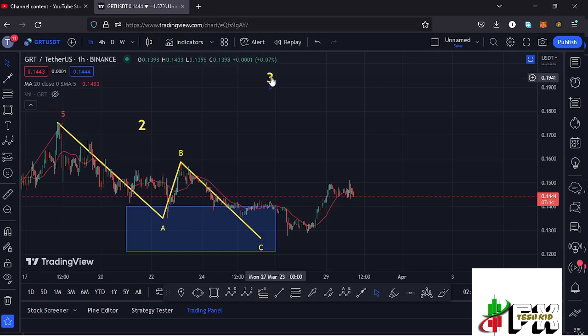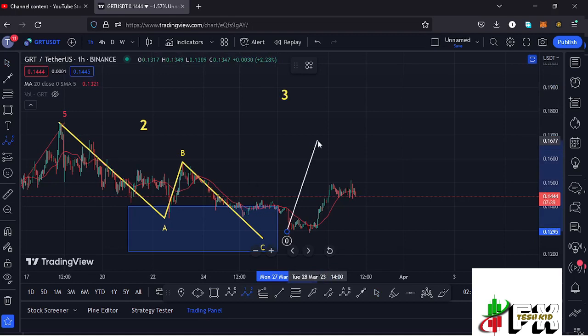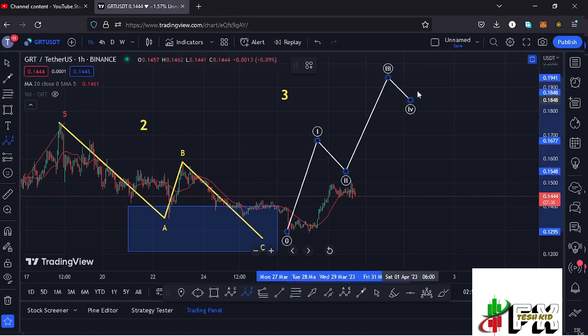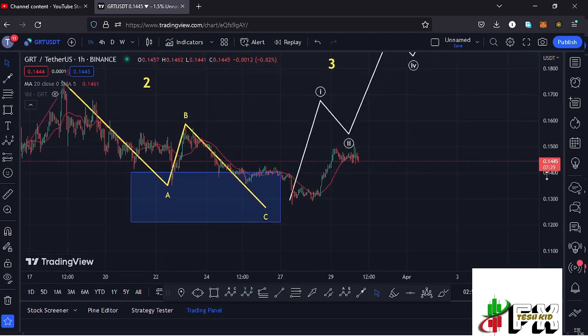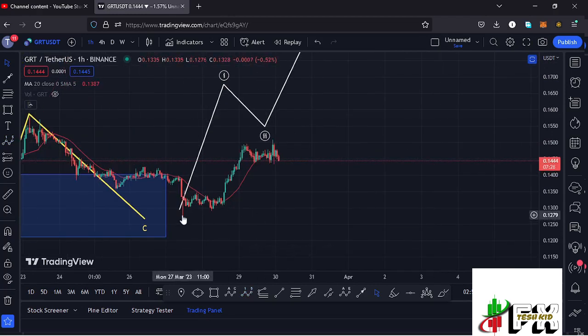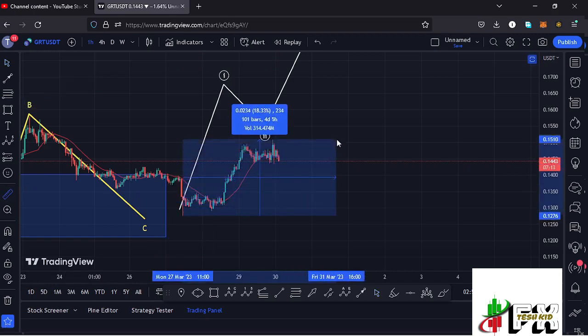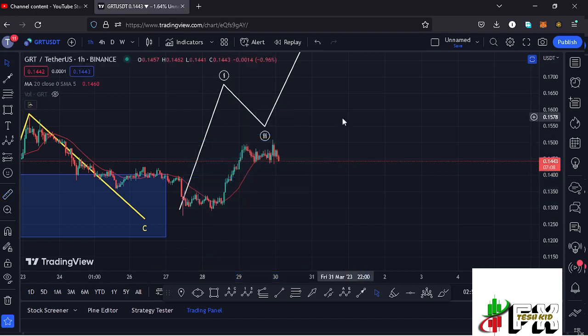And since we are in the formation of a wave 3, which is an impulsive wave, I'm also expecting to see a 5-wave structure in formation, having the wave 5 fully maximizing our target areas in the formation of these larger Elliot wave count 3 to the upper side. And you can see that after seeing our low down here at around the $0.1279 mark, we saw that massive bounce to the upper side, giving us a peak at around the $0.151 mark, and giving you a measure from that low down there to that high, you can see that the market was up by more than 18.33%,